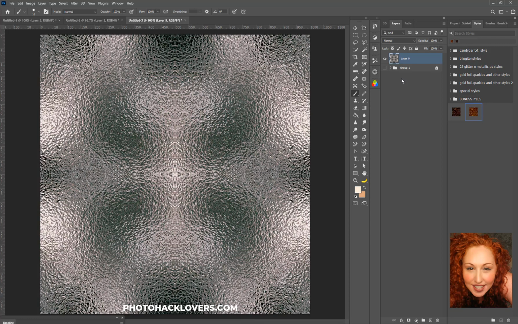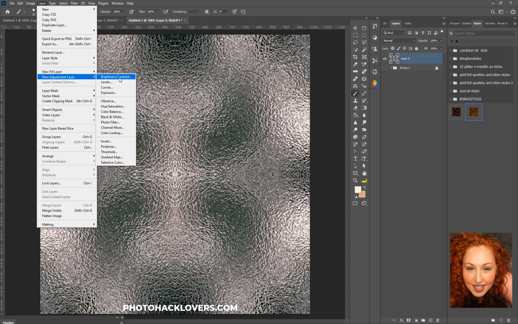So let's go back to this base texture. Say you want to change this color and make multiple colors. Well, the best way to do that, and the easiest way I do that, is I create a new adjustment layer. But first, sometimes this texture is a little bit too dark, how should I say, it's a little too dark for lighter colors. So if you're making lighter colors, I would go to a new adjustment layer, and we want to take this, and